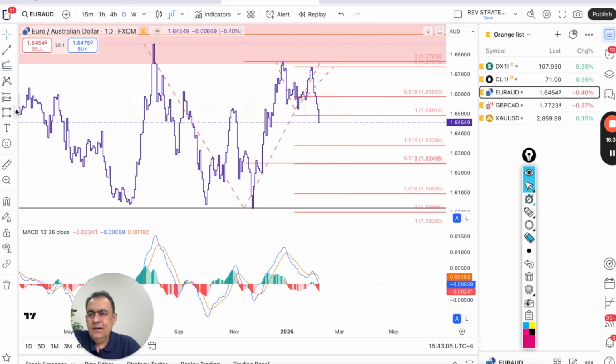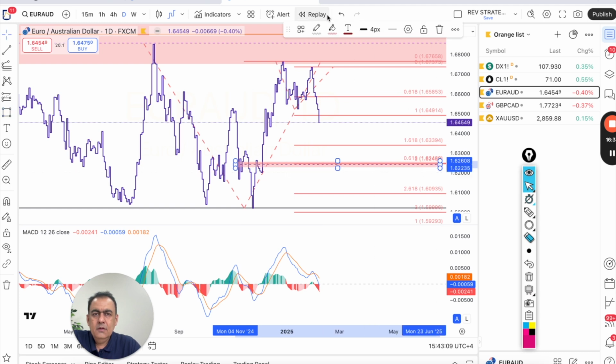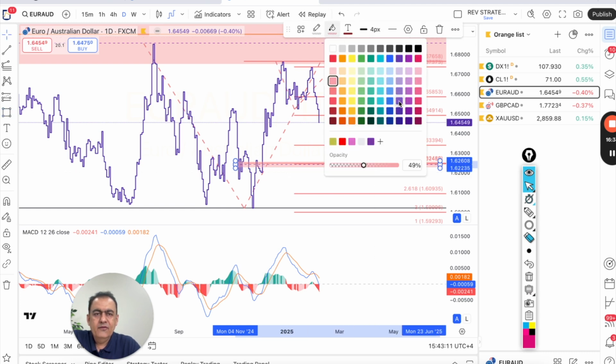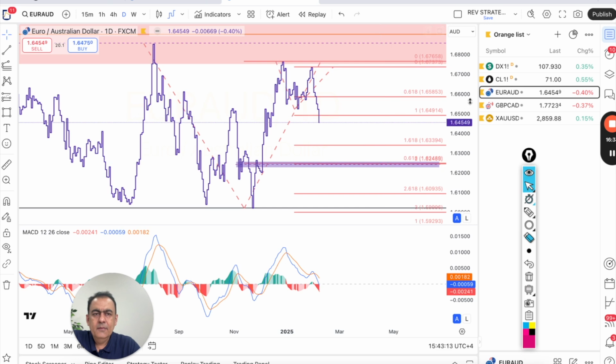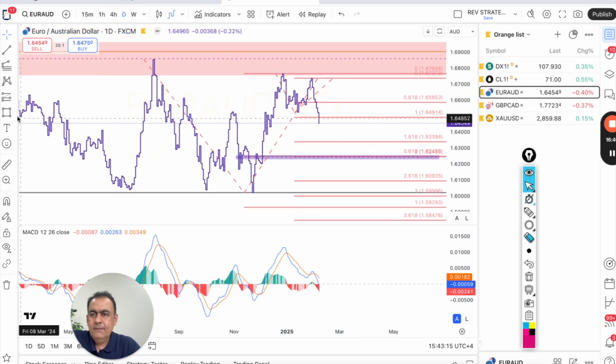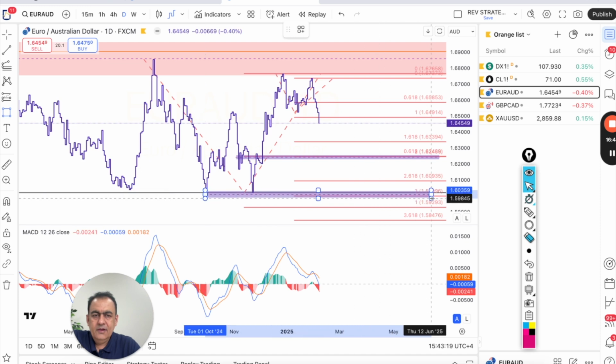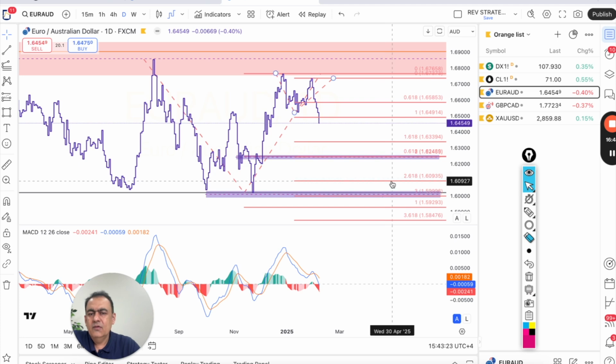So here I see a major confluence of two fib lines coming together, followed by this area. So these are the two potential targets in the downward direction. Now currently the daily chart is extremely bearish and the sellers have taken full control. Momentum is increasing. I'm moving to 4H,